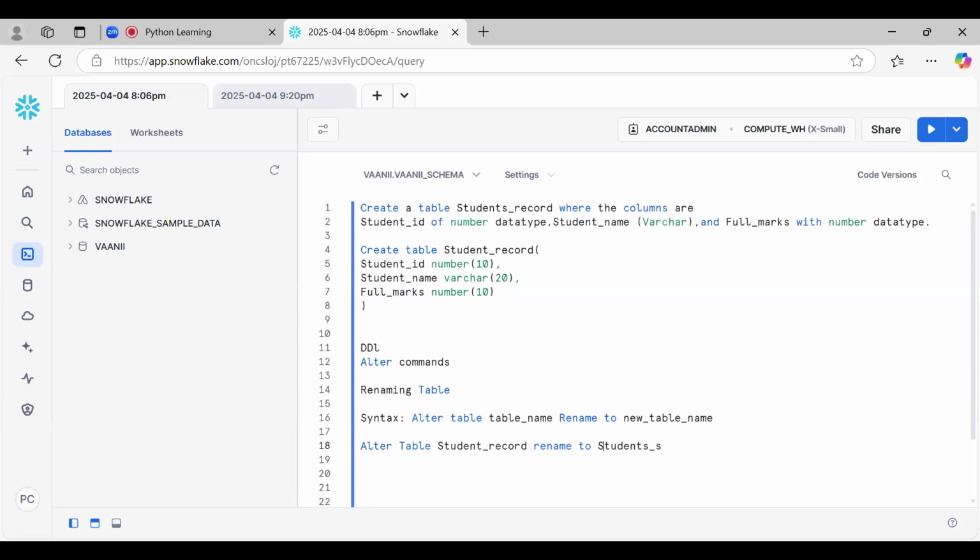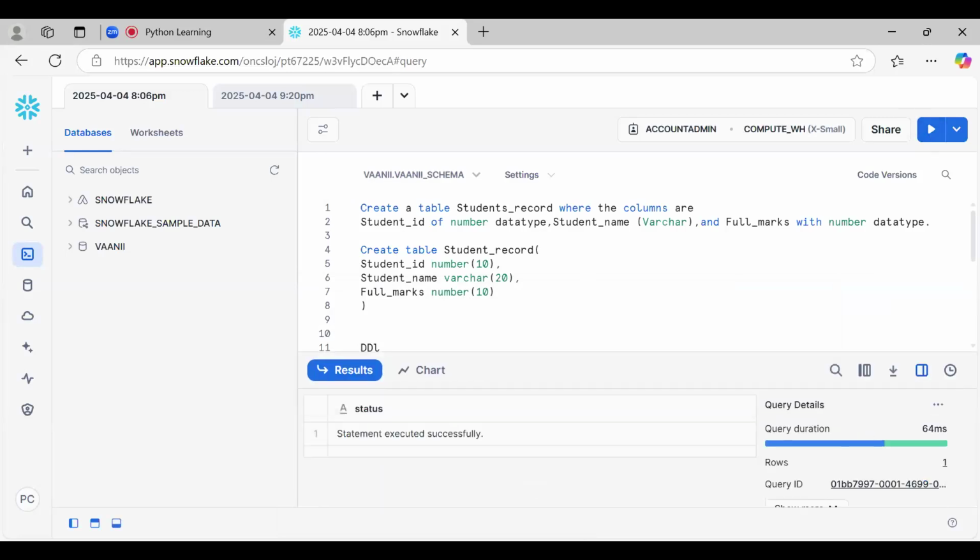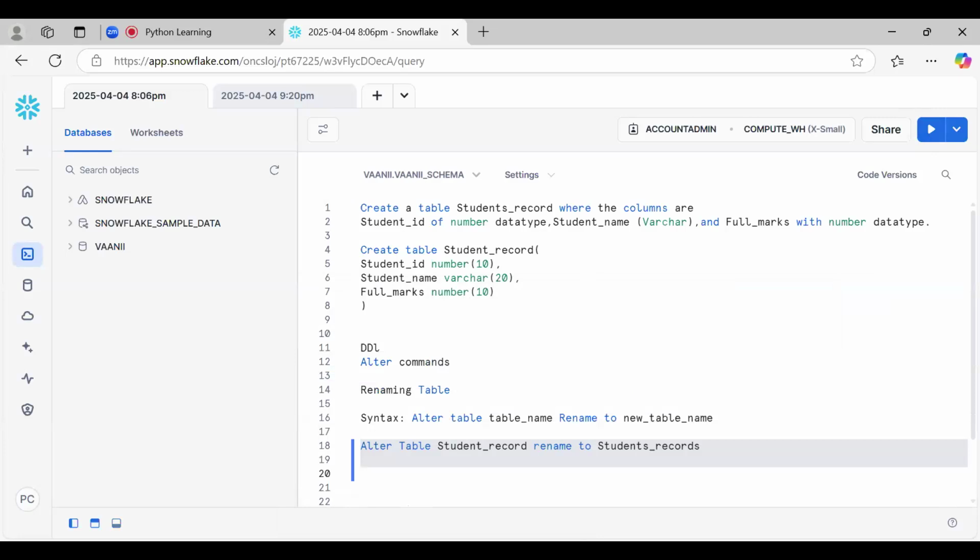Put another name here. Okay, so now it is working. What I have added here is student record; I have added one s in the both names.